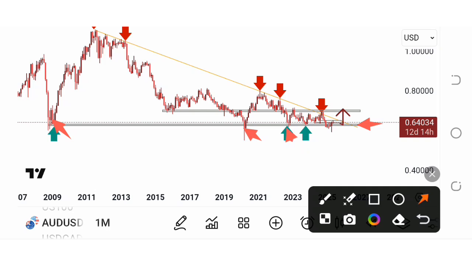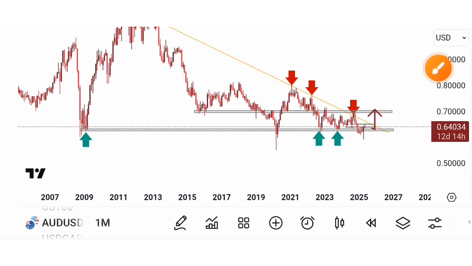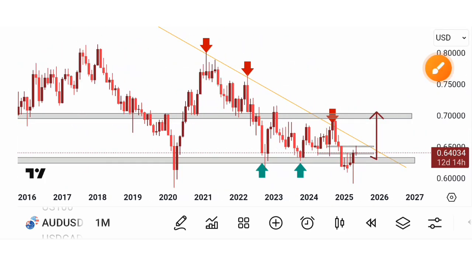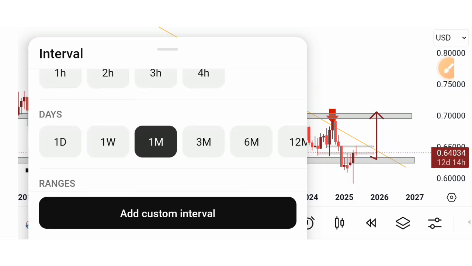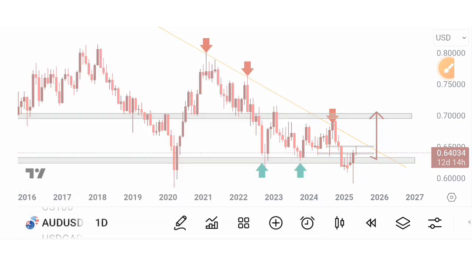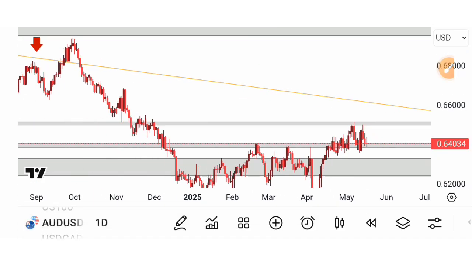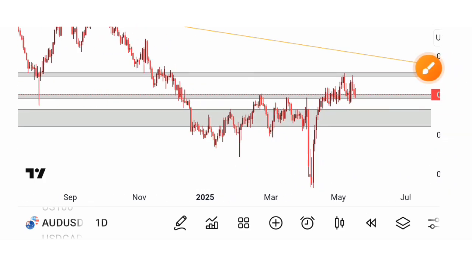As you can see, anytime the market reached that support, it just kept on buying back from 2009, and currently, now 2025, the market is above that area of support. Not only that, if you go to a smaller time frame, let's go to the daily time frame, and over there, what you will notice is that the market is trending above that